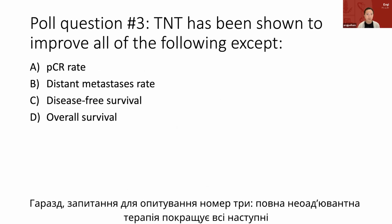Okay, so poll question number 3. Total neoadjuvant therapy has been shown to improve all of the following except...